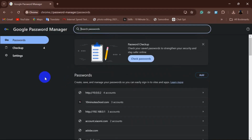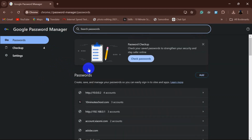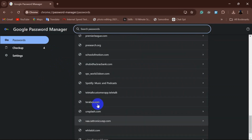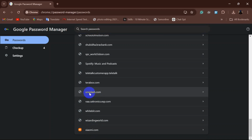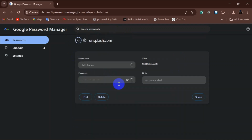After clicking on Google Password Manager, here you can see there are a bunch of websites, and we have different passwords for different websites. If you want to show any of your websites, just like I'm showing you unplus.com, if you click on unplus.com, there will be a required password for your PC password. If you click on your PC password, then you can see here